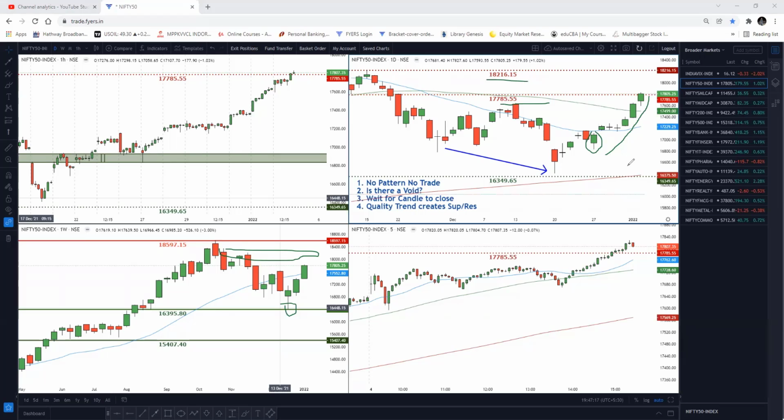Now, how can we say that Nifty is not in a downtrend anymore? Because by definition, a downtrend means when prices are making lower lows and lower highs, which this market is not making or has stopped making after this new low. So, does it mean that we are in an uptrend in this market? Well, no, because by definition, an uptrend means when prices are making higher highs and higher lows. So the question will arise that if we are not in a downtrend or in an uptrend, then what kind of a trend is this market making?